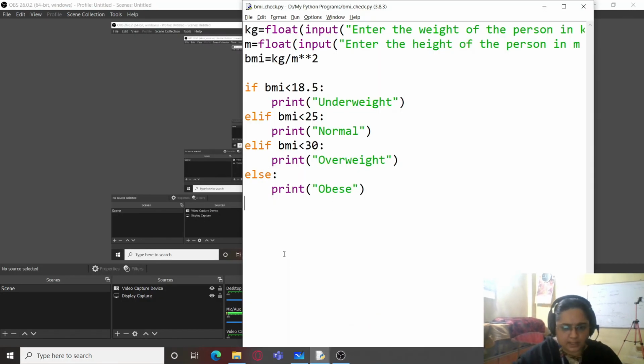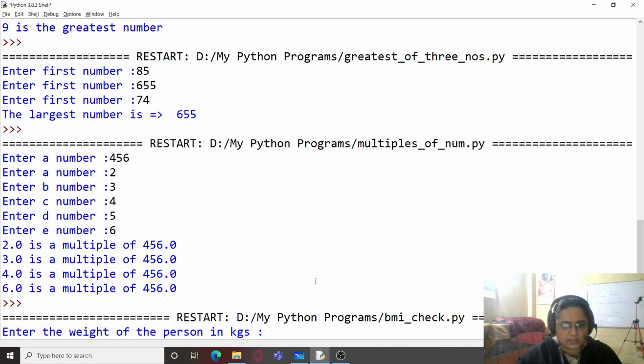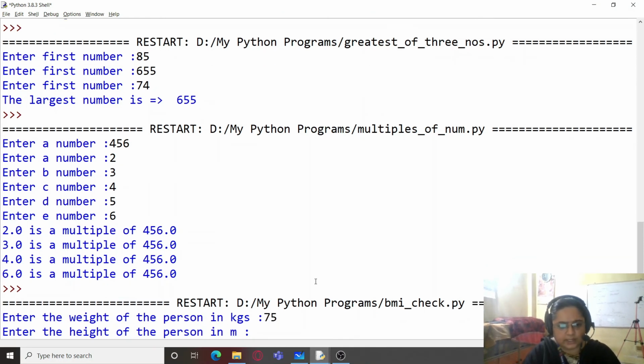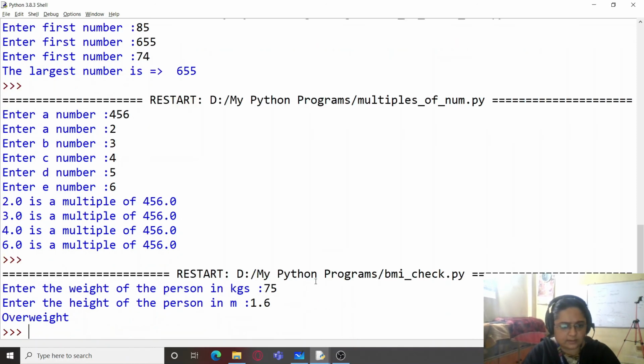So let's run the program and see. Weight of the person I am taking as 75 kilos and the height of the person I am taking as 1.6 meters, and that person is overweight, it says.